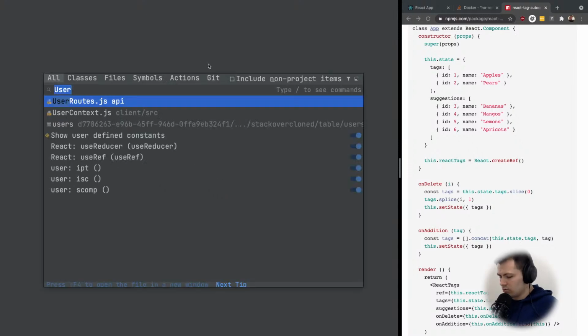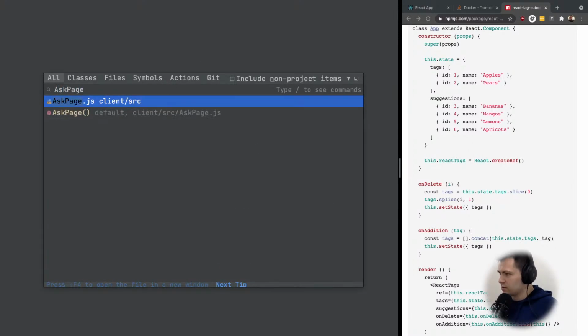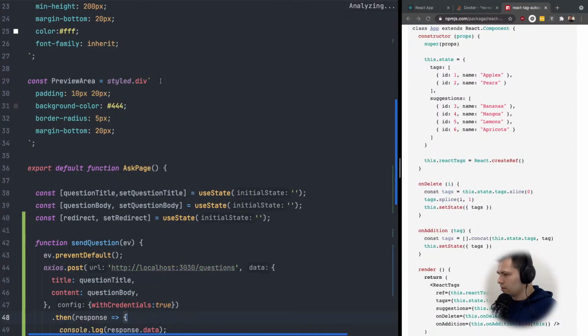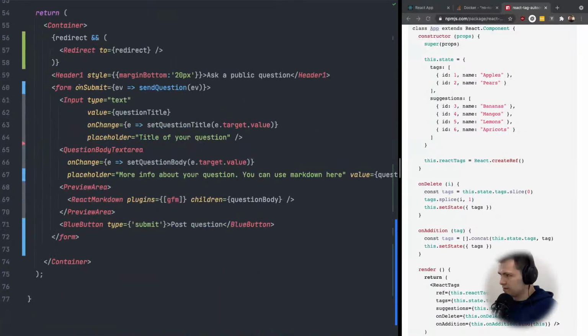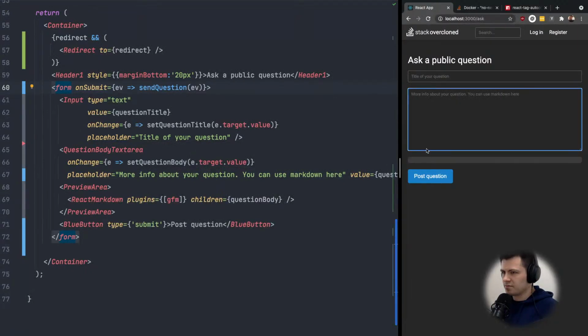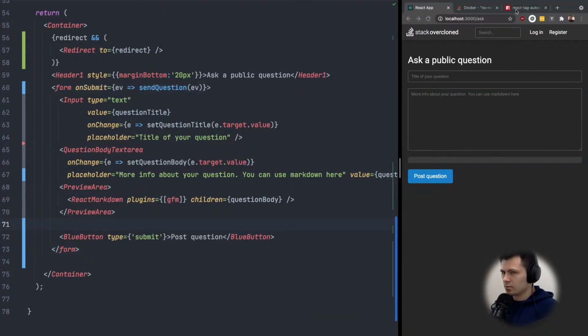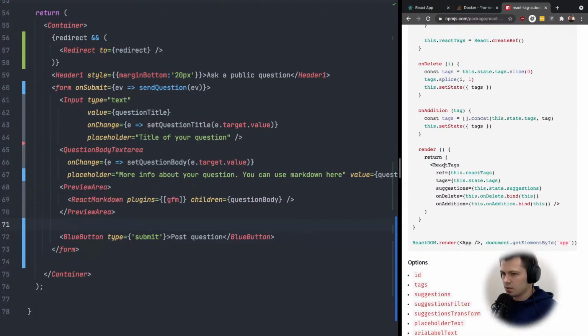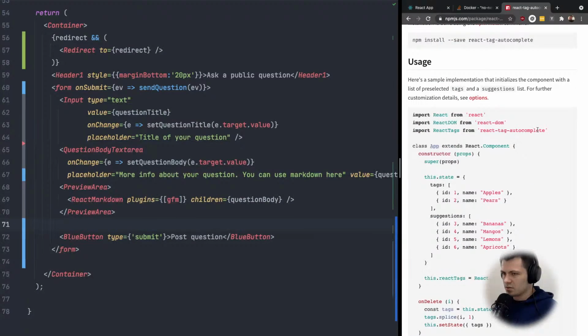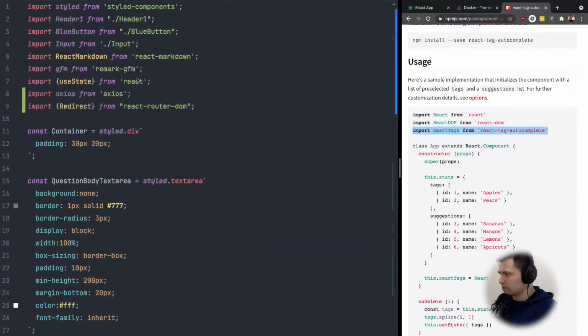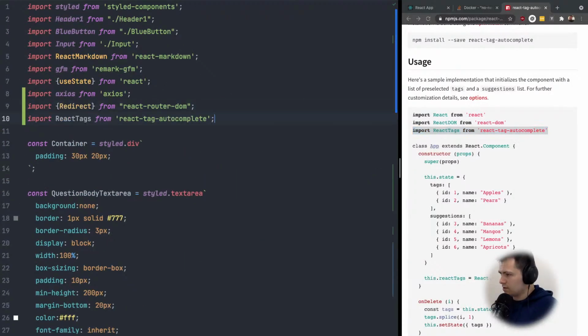All right, so let's close this and let's go to our ask page component. Yes, here we have the form to leave the question, and above this button we want to add some tags input. So here we want to add those tags. We need to first import it like this, nothing complicated,